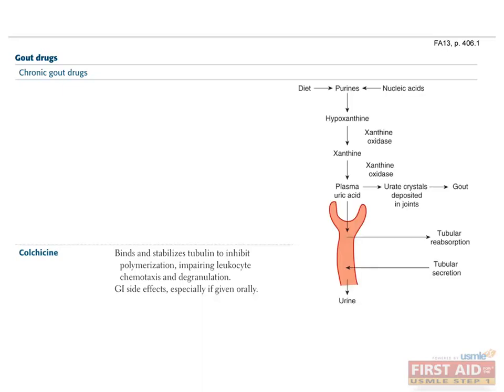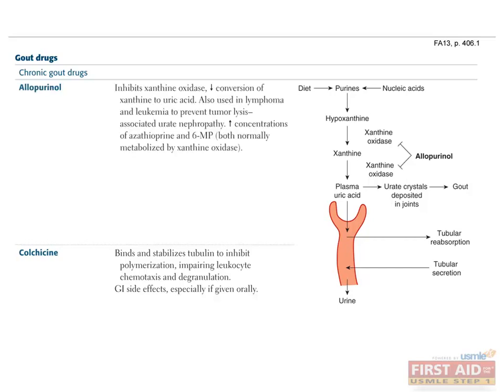Before we talk about probenecid and allopurinol, we should look at the normal pathway for uric acid production. Biochemically, purines come both from our diet and also from native nucleic acid metabolism. These purines are broken down by an enzyme called xanthine oxidase, which turns them into uric acid. This uric acid goes to the kidney and is dumped into the glomerulus and reabsorbed from the urine at the